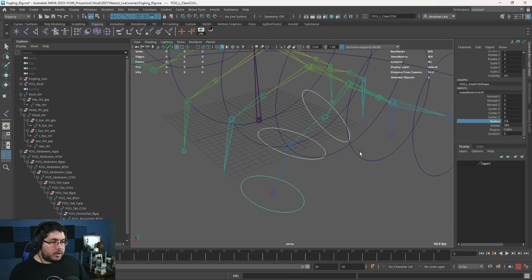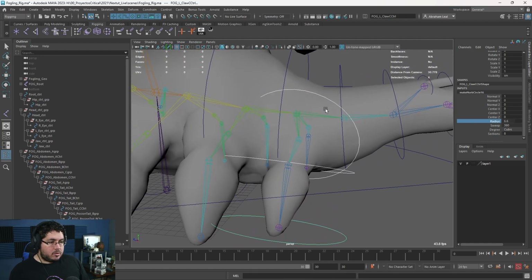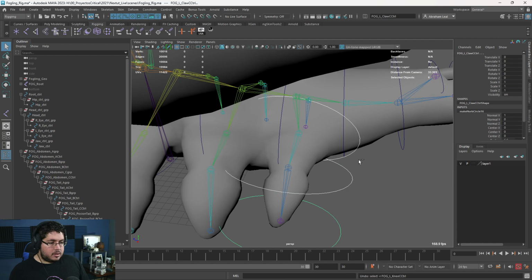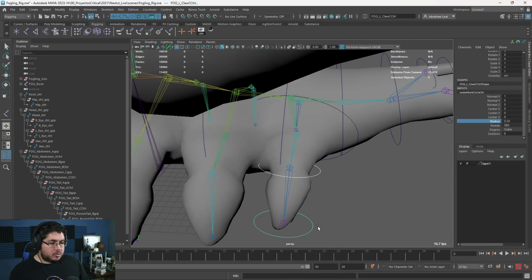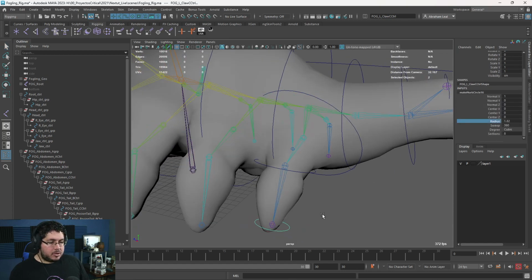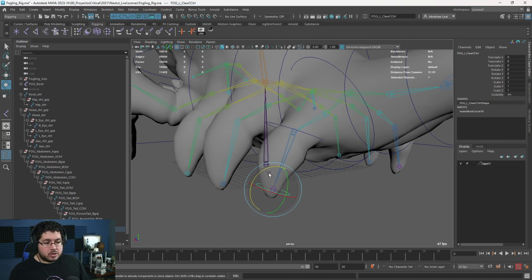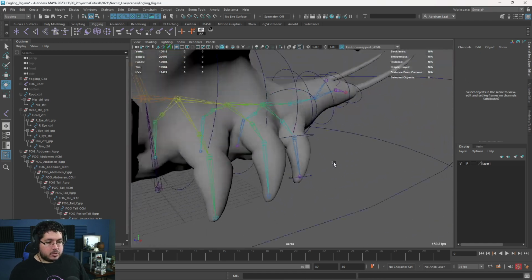And we go again to the radius. And we can start playing with the radius. So that one's going to be a quite big radius, something like that. And then the next ones are going to be smaller. I mean, this one, to be honest, I shouldn't have kept them. Because when you have a curve, animators are going to try to animate the curve. And it's such a small little thingy there. I don't think it's really worth it.